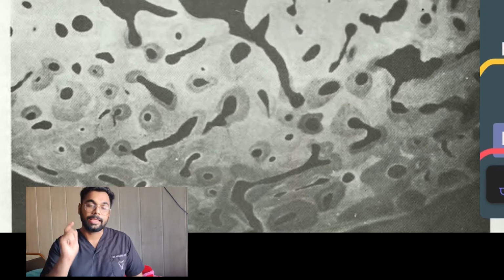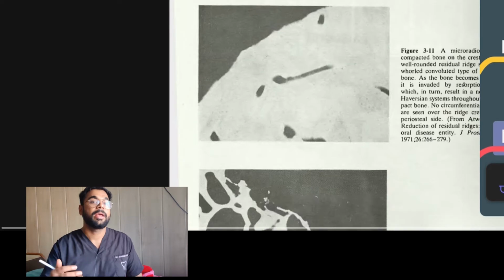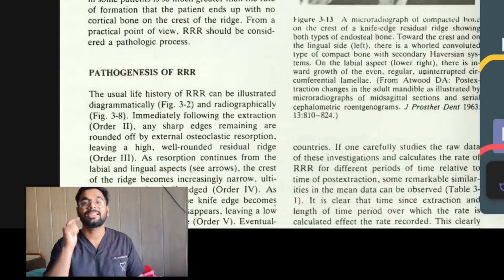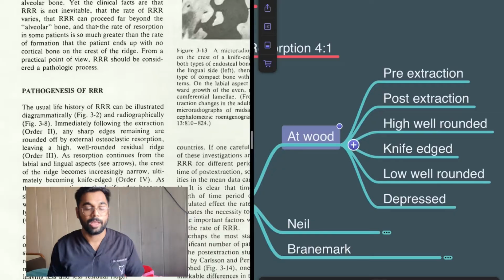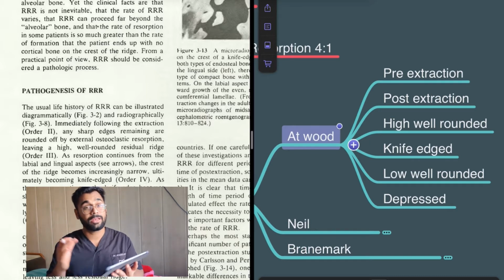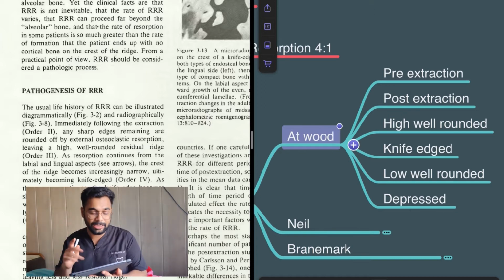Winkler has, in his book, advised only Atwood's classification, but there are many other classifications, but we'll discuss only the main ones. In pathogenesis, mainly it is the classification. So before even starting the classification, he has mentioned here. So let's start with the classification. What is Atwood's classification? I want to mention something very important, and of course you might be knowing, but I would like to highlight this.